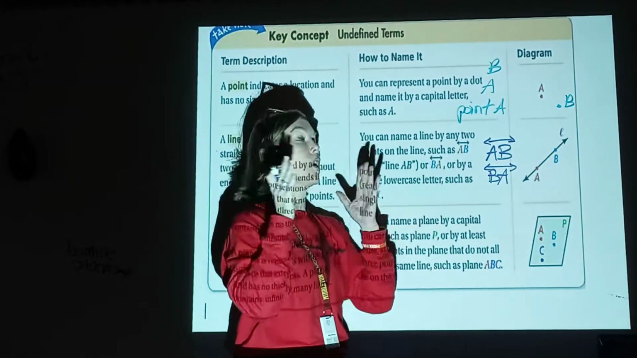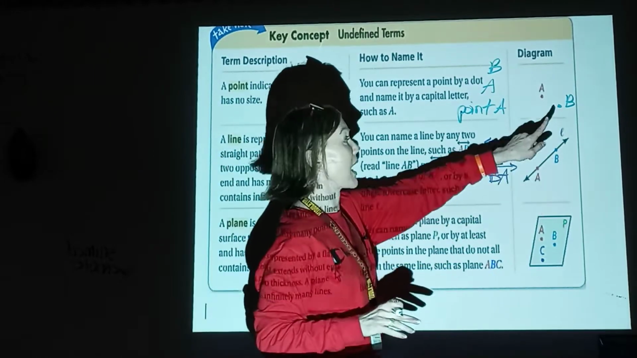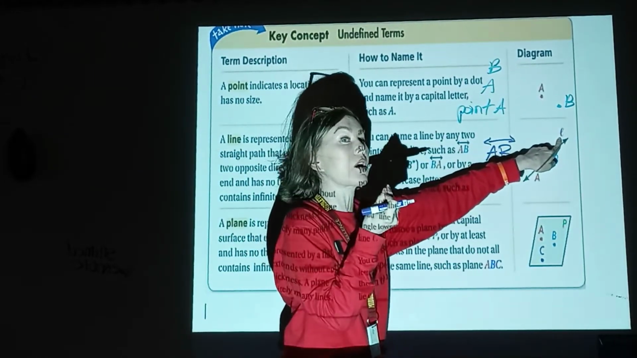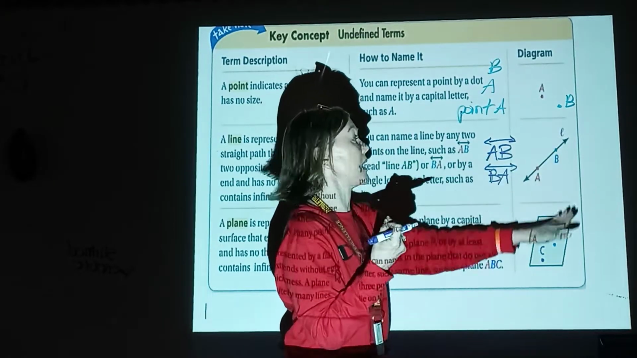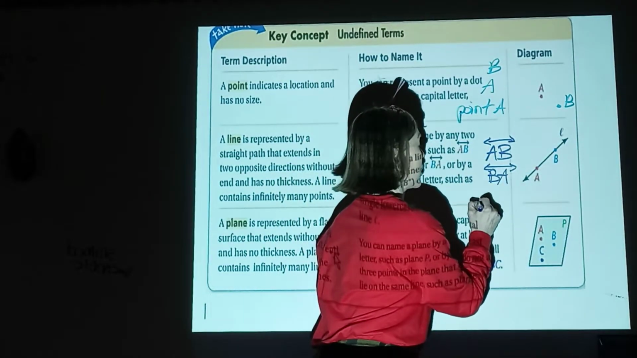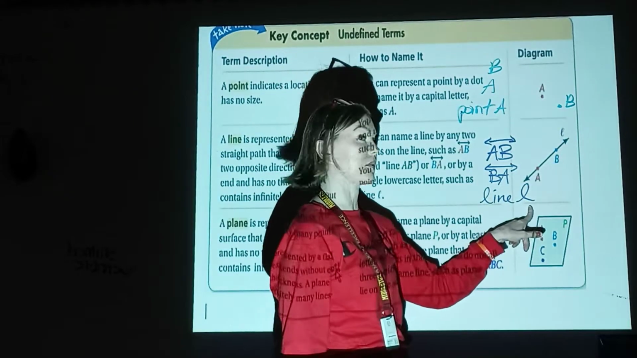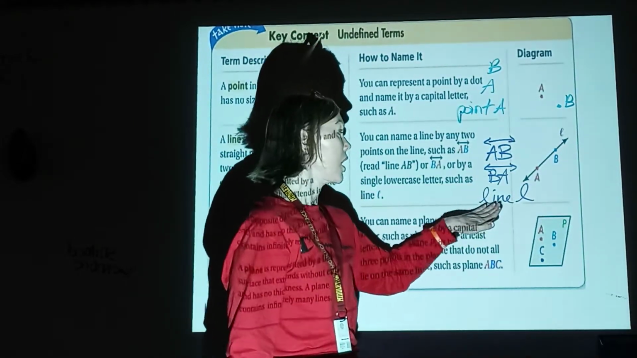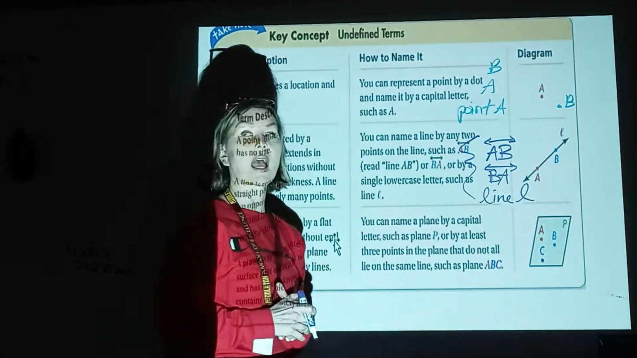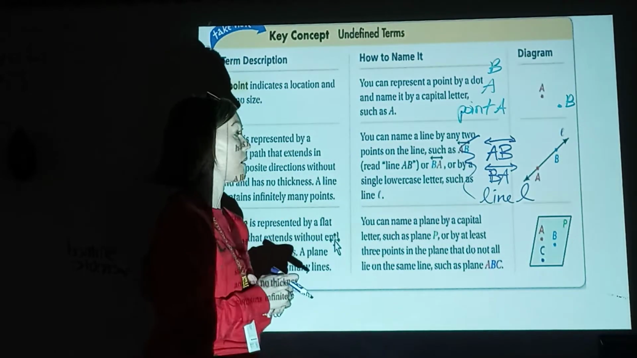Either one is fine. Or the third way that you can write or name a line is by using the lowercase cursive letter that is given to the line. And in this case, the lowercase cursive letter is L. So you would write line L. You wouldn't just write the cursive letter. You'd have to write the word line in front of it. So line L. So these are the 3 ways that you can write a line, okay? Very important